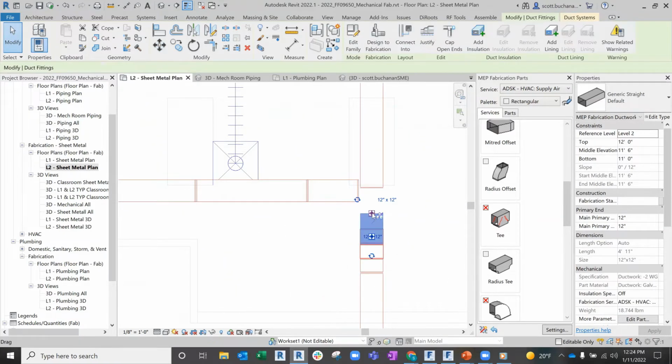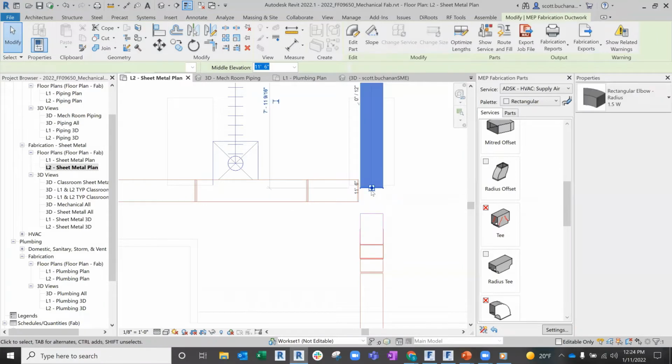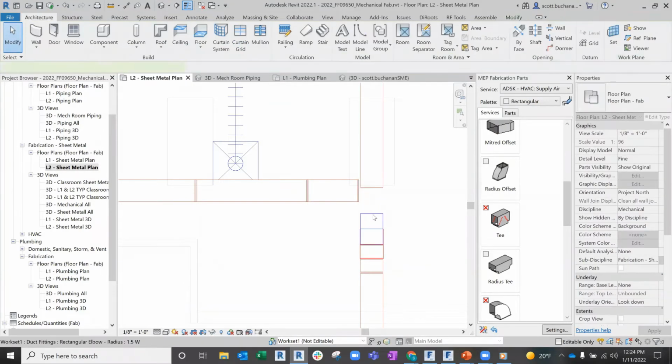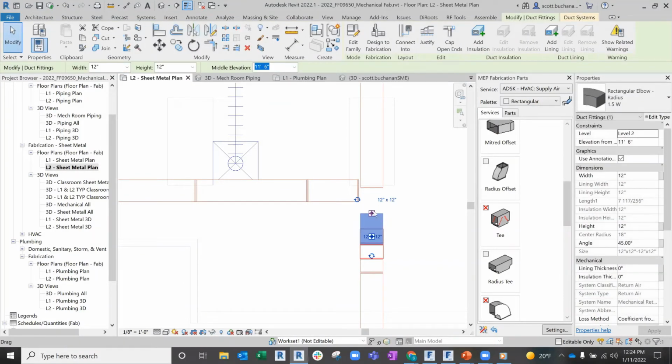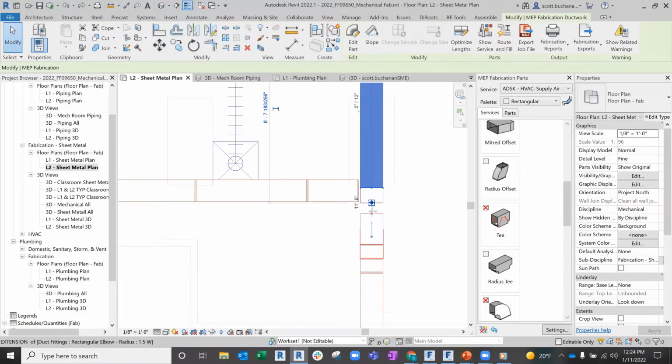So if I wanted to clean this up, right, we could drag that over. We could go either direction with it. I'm gonna do a couple different ways. So there's a grip where I can just pull this thing if I want to pull it up. But again, that's just shifting the entire fitting itself. We don't want that because we'd be back in the same original scenario that we had. So if I were to stretch this one down,